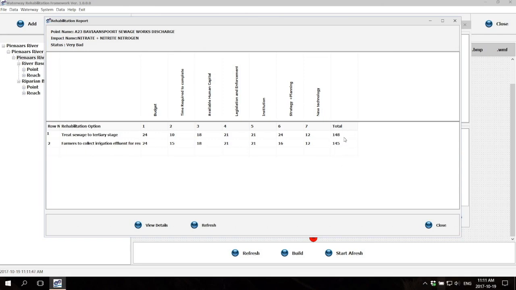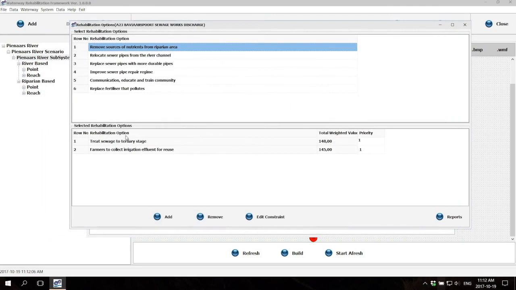So what this total is telling us is that the treat sewage to tertiary stage option gets a total of 148, which is greater than farmers to collect irrigation effluent for reuse, meaning that the first option is more favorable than the second. If we go ahead and close this, I just want to show you that it is also